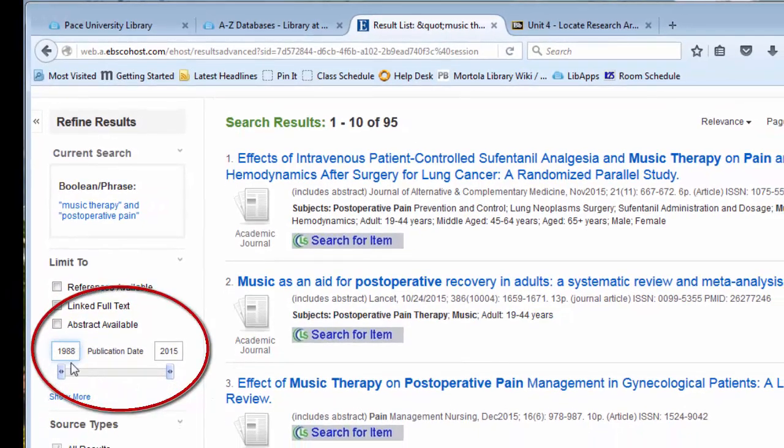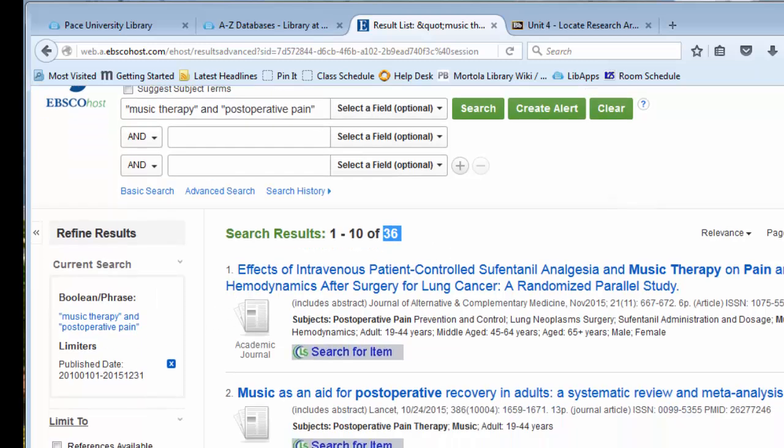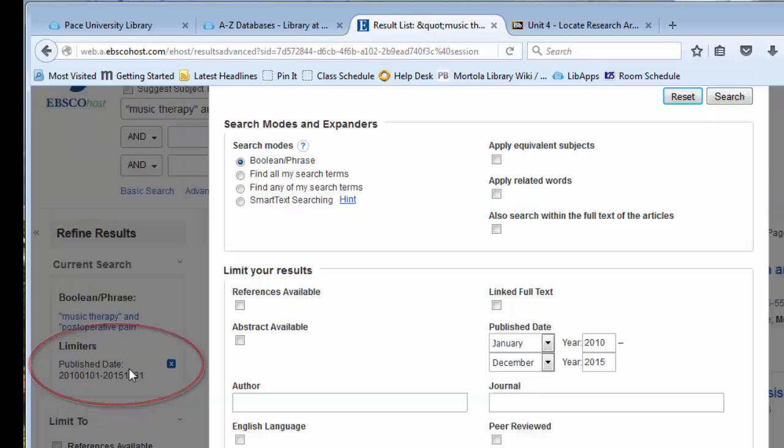On the left, you'll see that the results in this list go back to 1988. Those are probably too old. We want to see at least just the most recent 5 years. So let's start with 2010 to 2015. That took us down to 36 items, so that's good. We know that these are the most recent articles published. And then I want to click on this link that says Show More, and this takes me back to the